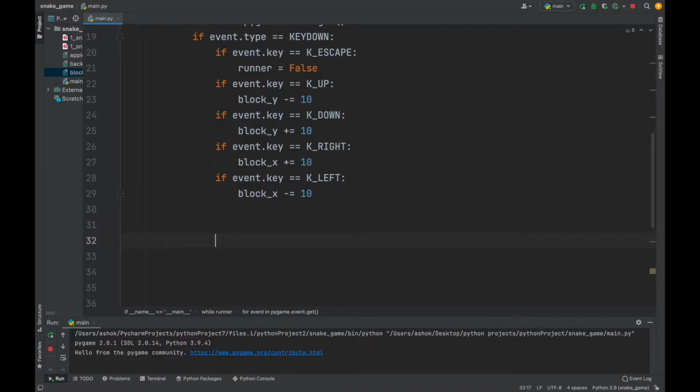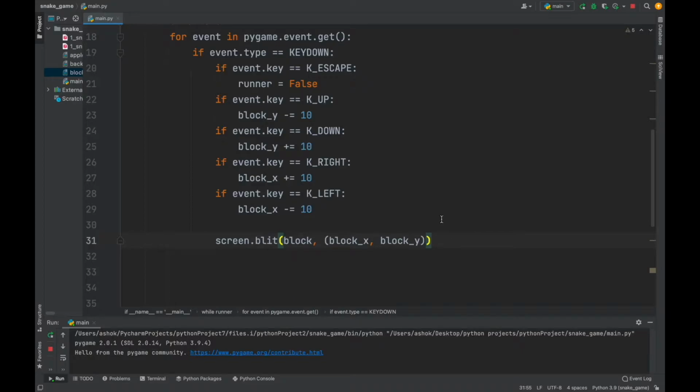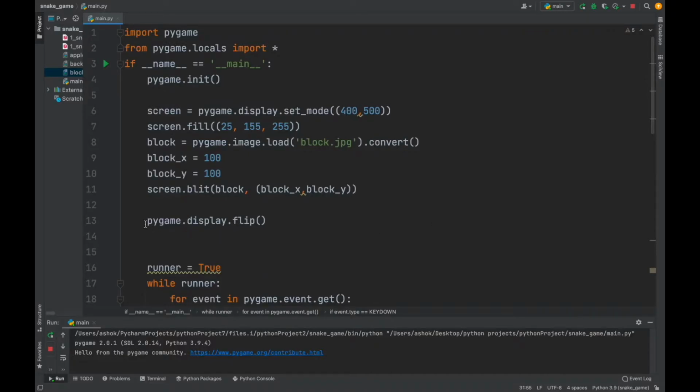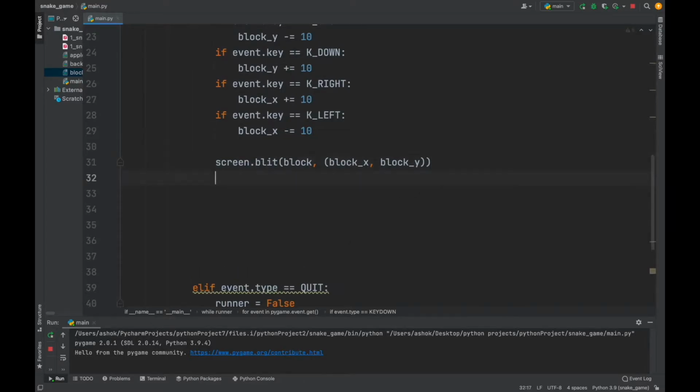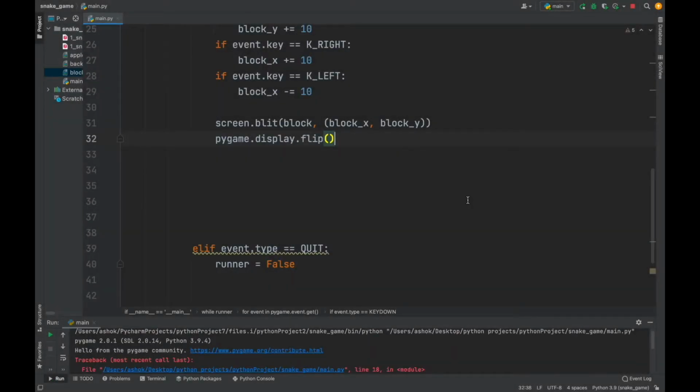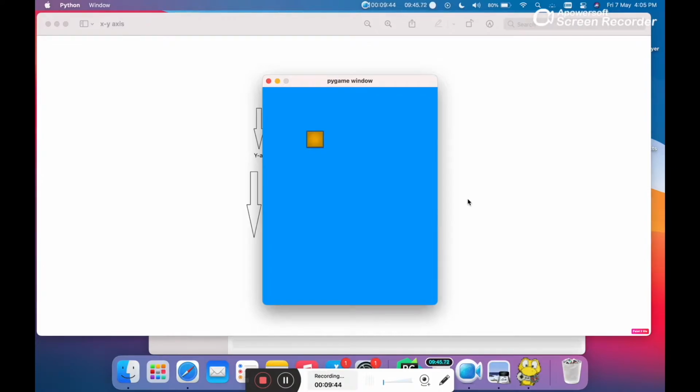and obviously after making any changes, we need to update the screen, right? display.flip, command V. Now let's run and let's see whether we can move the block or not. Let me press the right key. There you go. The block is moving right, down, left, top, but you can see this keeps on copying the